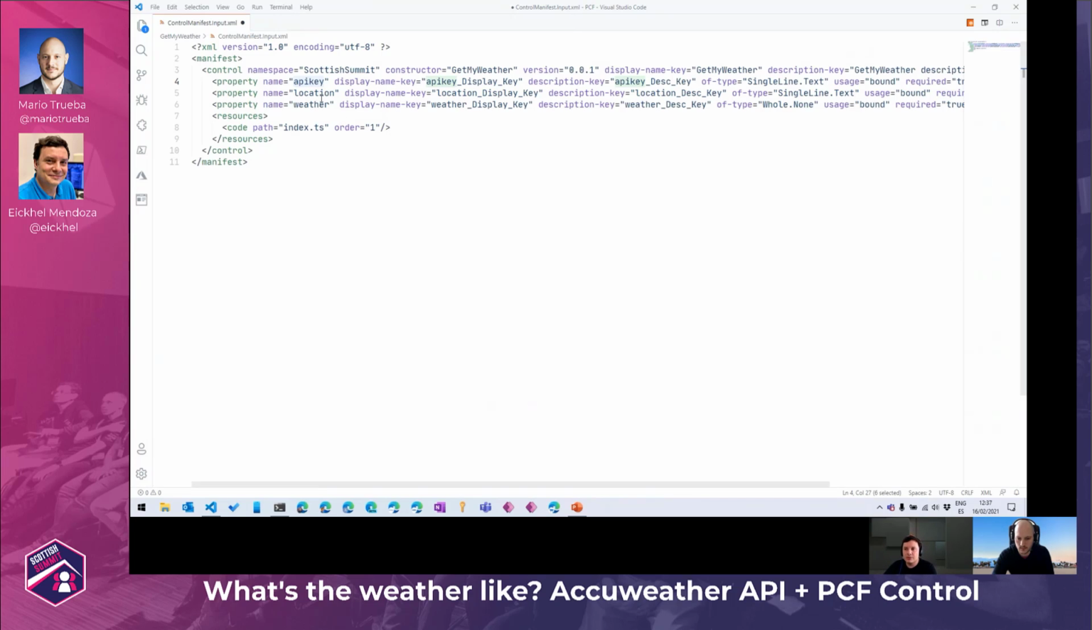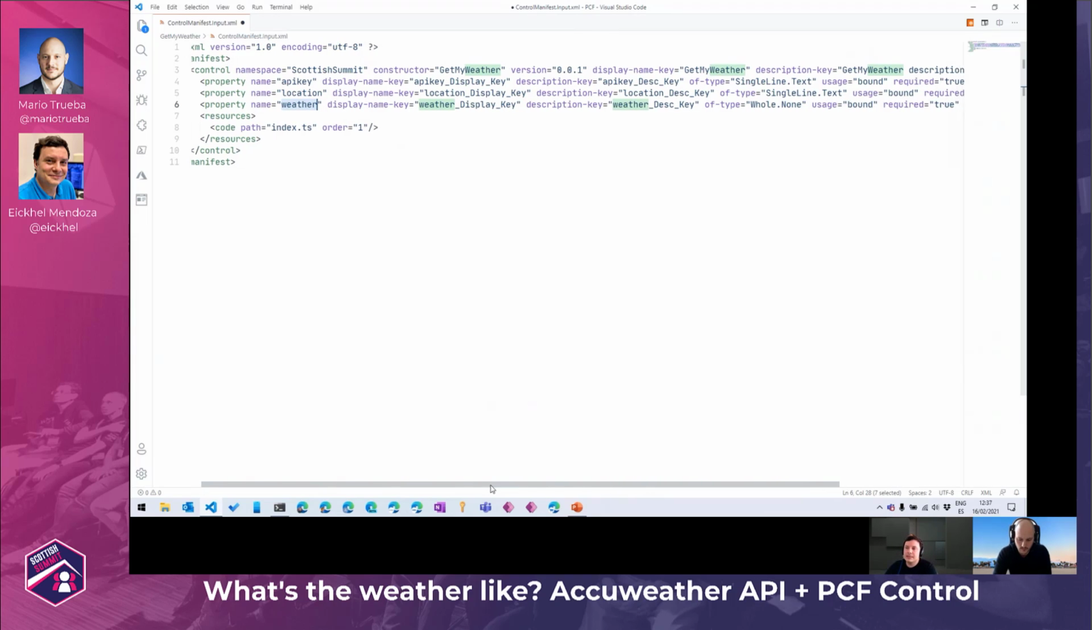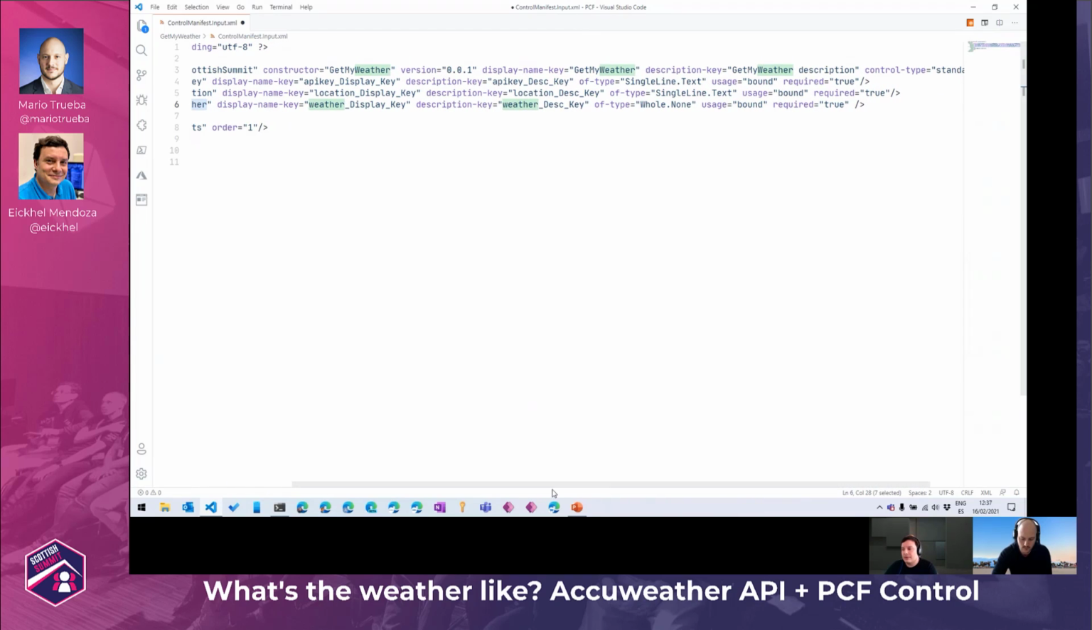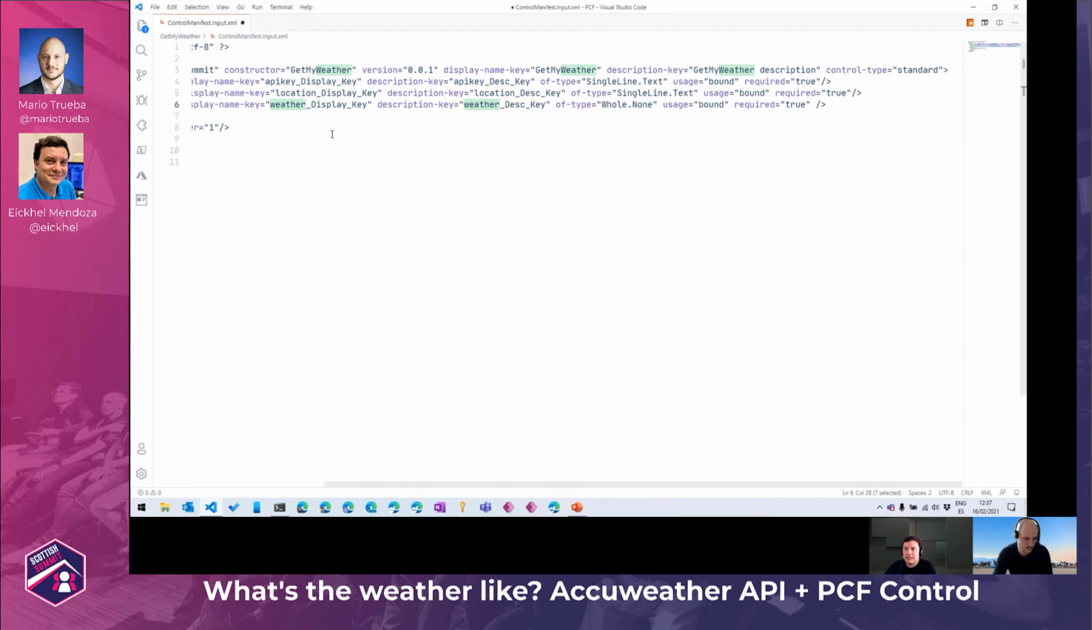We also are going to need the location, because we want to know the weather information for a specific location, and the weather, this will act as an output property because we want to know the weather that gets queried in this PCF component. The parameters here, or the configurations here, are the display name of this key, the description, the type